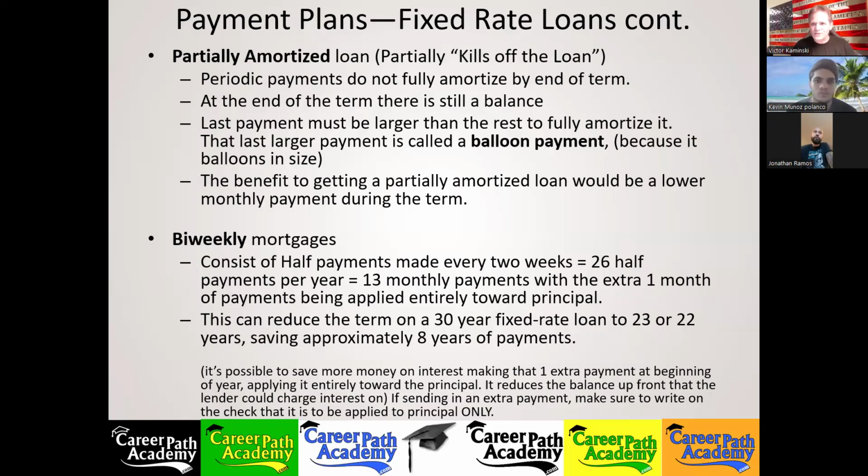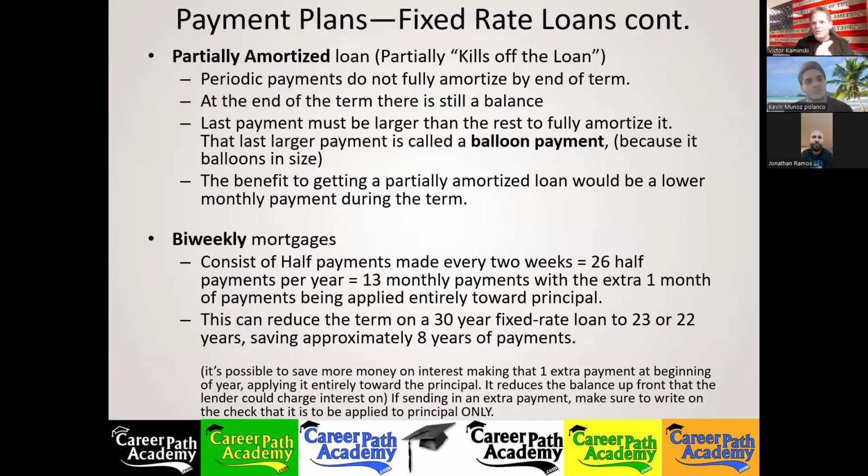Now, applying it only towards the principal. If you are able to just do that, just make one extra payment, does it still equate to the same thing where you still save the 8 years? Yep. As a matter of fact, if you're able to do it at the beginning of the year, you save even more money because throughout the rest of that year, they're only charging you interest on the lower balance. So if at the beginning of the year you made one extra mortgage payment entirely towards the principal,